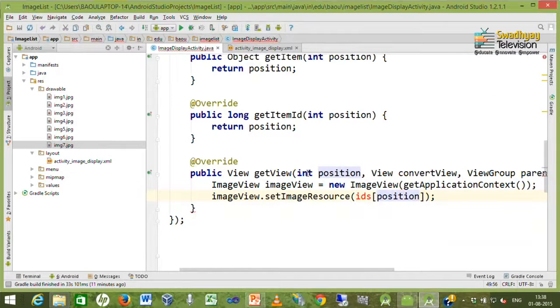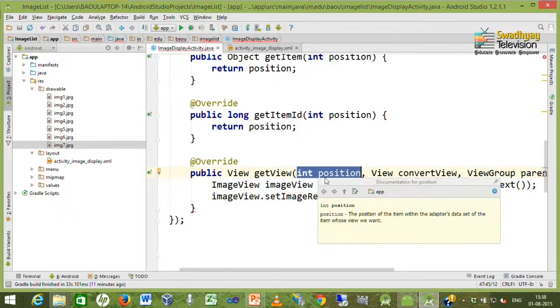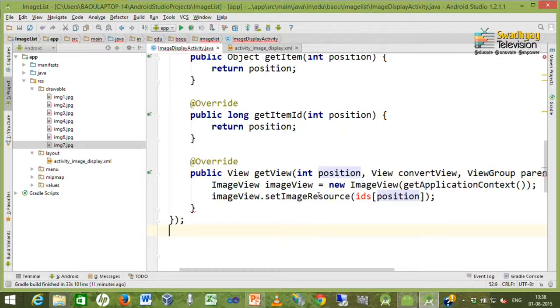Now, here you can see inside getView we have a position argument which represents our position in the gallery.